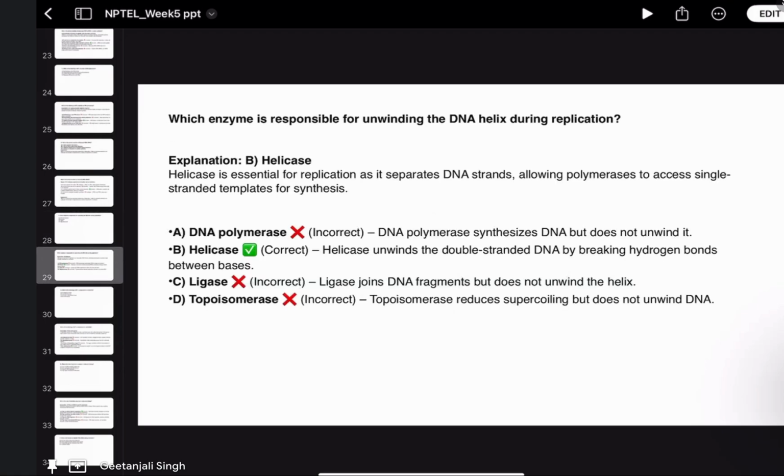So the correct answer is B. You're right. Helicase is essential for replication as it separates DNA strands, allowing polymerases to access the single-stranded template